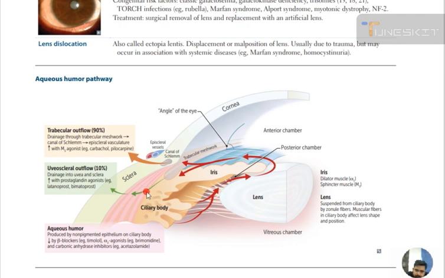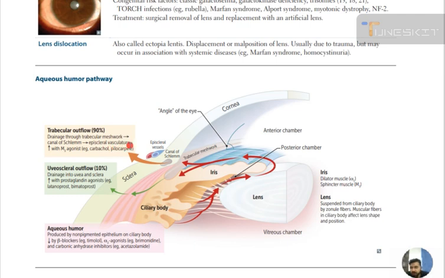And then aqueous humor is produced here, and from here it goes into the anterior chamber, and from the anterior chamber we can have two outflow tracts: the trabecular outflow tract, which is 90%, and the uveoscleral outflow tract, which is 10%. The trabecular outflow tract includes drainage through the trabecular meshwork, canal of Schlemm, and episcleral vasculature, and increases with M3 agonists,